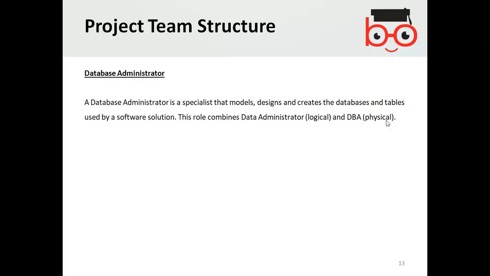Possibly a database administrator can also be the data administrator.